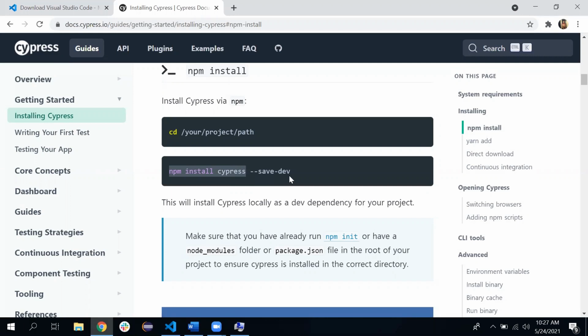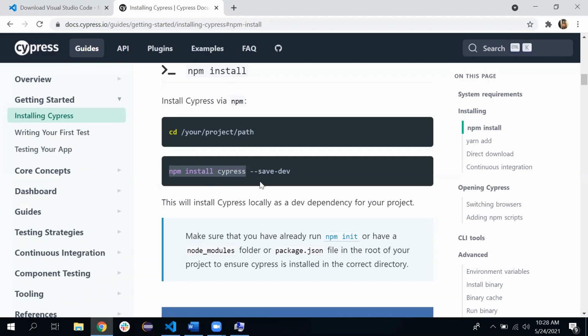What does that mean? Suppose you do not use this option and only use the npm install cypress command, it will install Cypress on your machine, but that is not included as part of the package. So if in the future you share that project with someone else, again they have to run the npm install cypress command and install Cypress on that machine, and only then are they able to use your package.